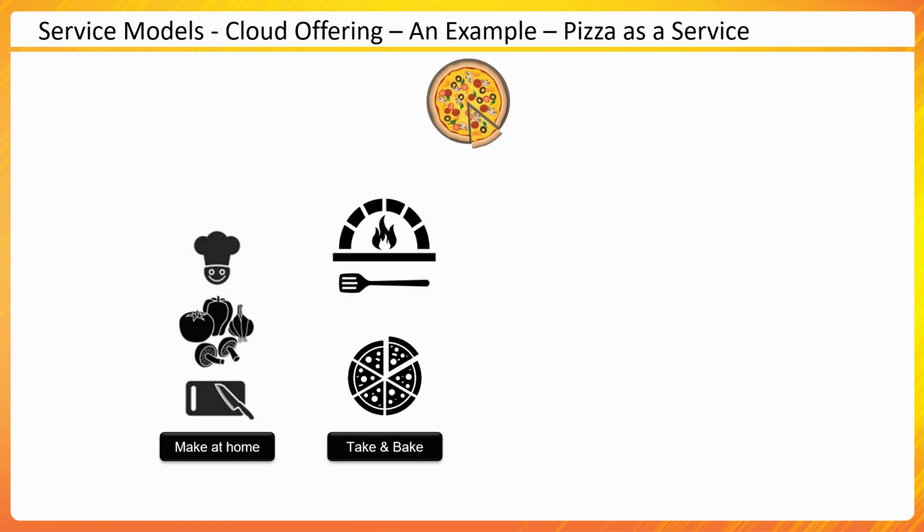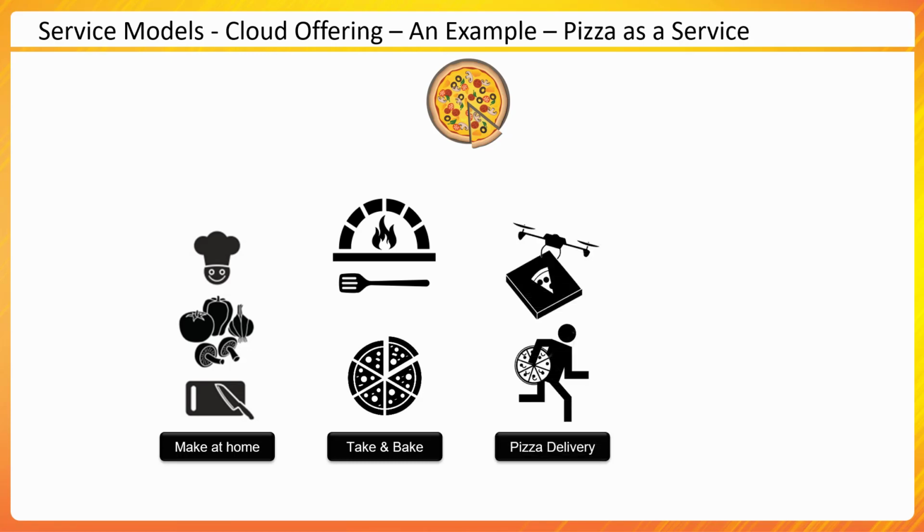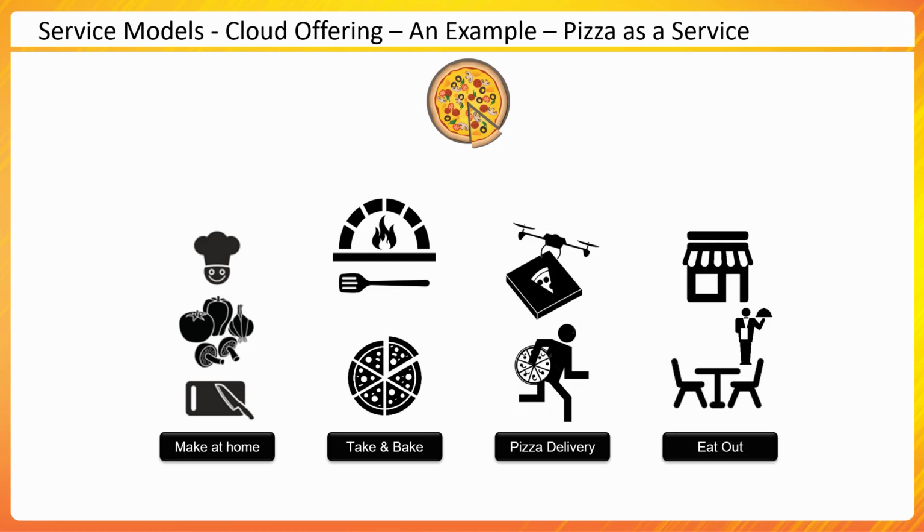Maybe for me, the thing that could work would be take and bake. There are a lot of grocery stores where I could go and get a frozen pizza and then bake it at home. That would be much more convenient. If I need more convenience, then I may go for a pizza delivery service. It would be a fresh pizza made for me and delivered to me hot. Or maybe we can order as many as we want. We do not need to worry about the quality of it because those people know how to bake a pizza and how to make it delicious, so they can help me in this case. Next could be I don't want to worry about anything at all and I just want to eat out. That is another option, right? So these are the four options.